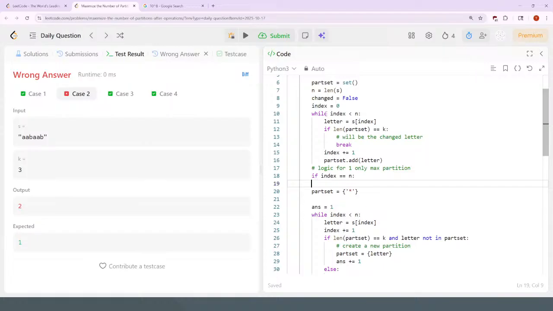So if it reached the end, then either there's going to be 1 or 2 partitions. Logic for only one max. So if it reaches the end, then if the length of the partition set